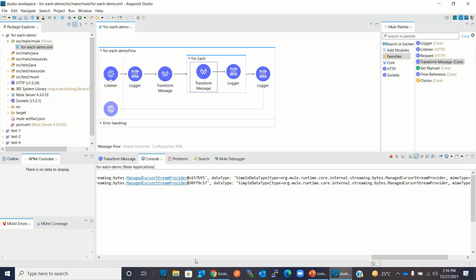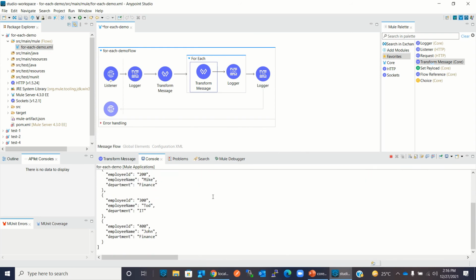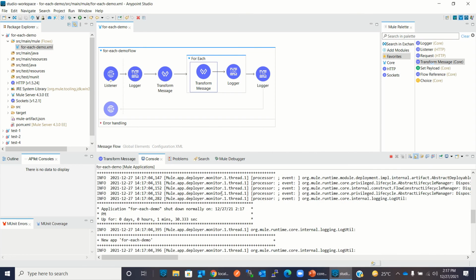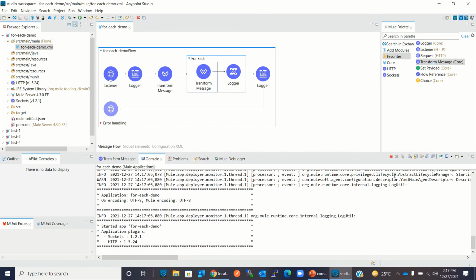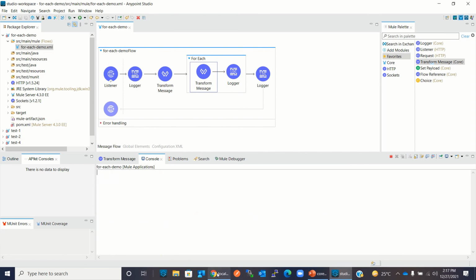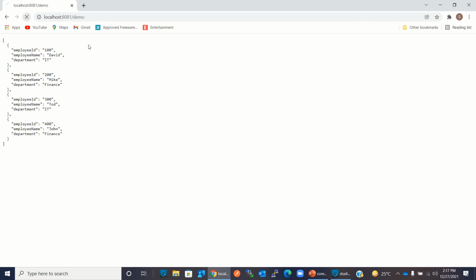Now let's see, the console has been redeployed. Okay, let's save it. Now it will be redeployed. Okay, it's redeploying now. It's redeployed. Let's clean the console and run it again.